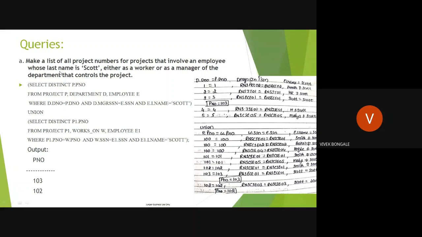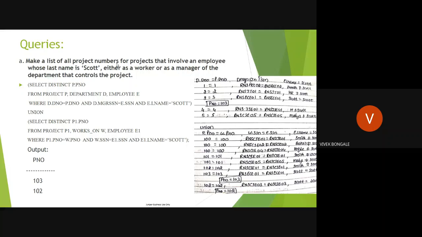Okay, you just see. First, what I need from this table is the list of project numbers, right? You know how to write the query. Select from where. In select, the attribute value you want to retrieve should be there in the select clause. Correct? Select from where. These are the three clauses we're going to use while writing any query. So in the select clause, what will be there? The attribute list. What attribute value we need to retrieve as the output, that attribute name we have to give in the select clause, right?